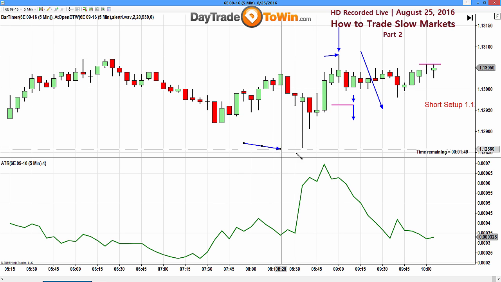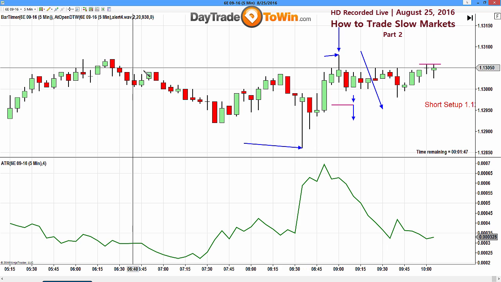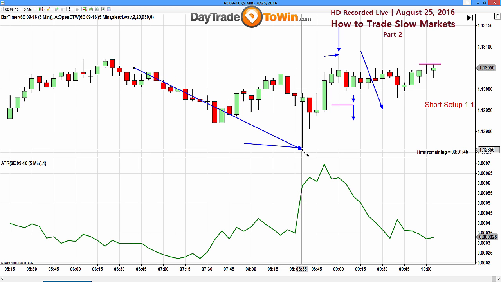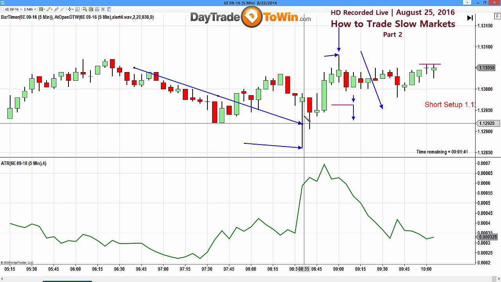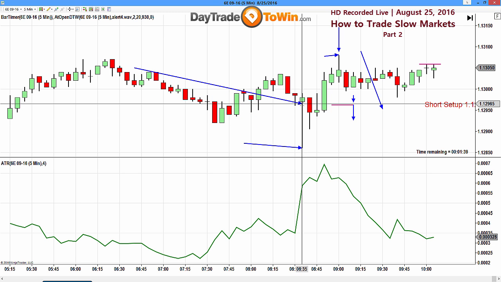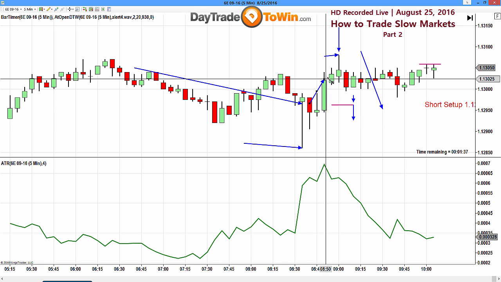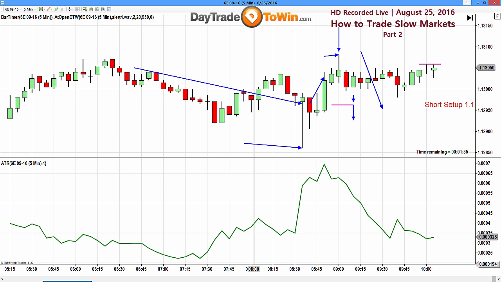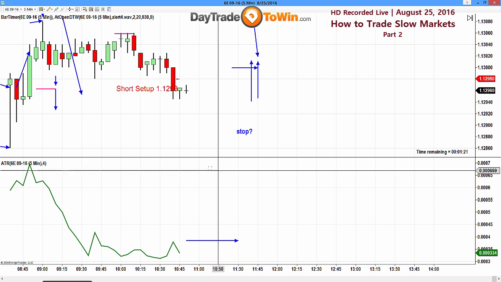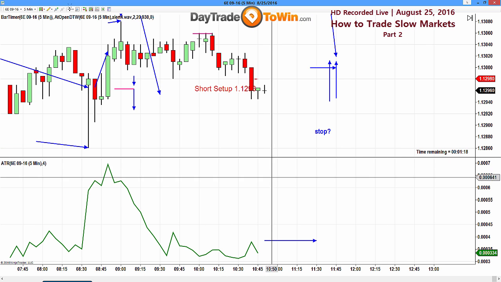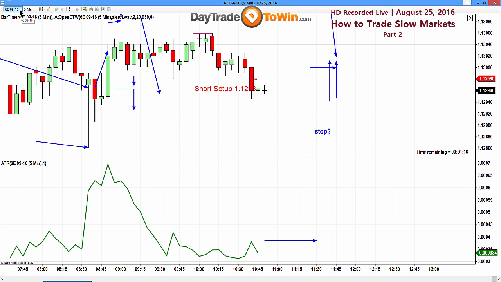So if this was your target, you're short and you're holding on to it and it touches your target and you don't get filled, and eventually it just comes straight up to where you entered, exit. There's no reason to allow that to be a loss. Trade management. Excellent. Okay, very good. Go back to the E-mini S&P. Anyone have any additional questions?